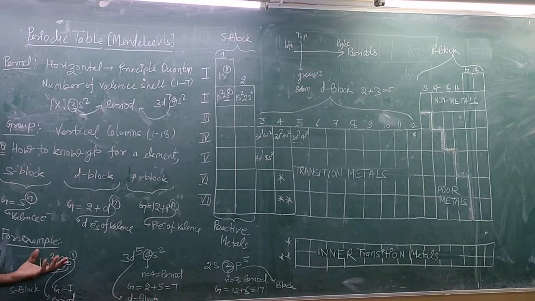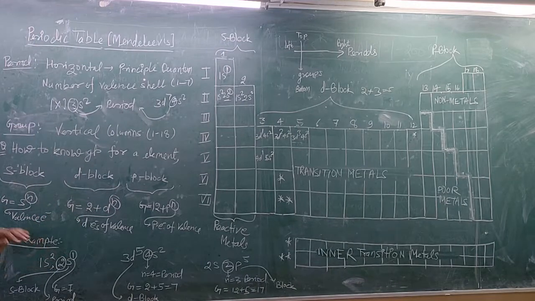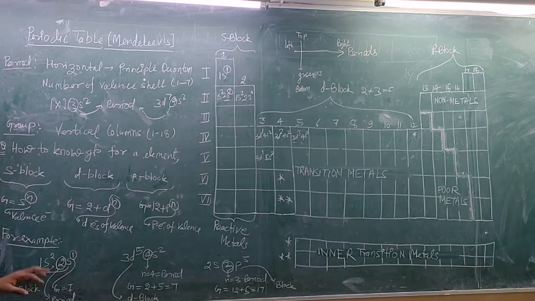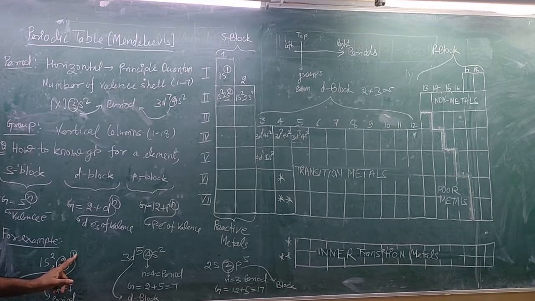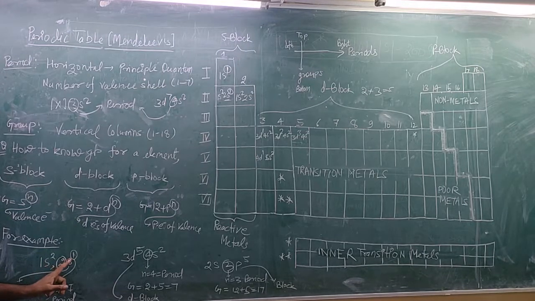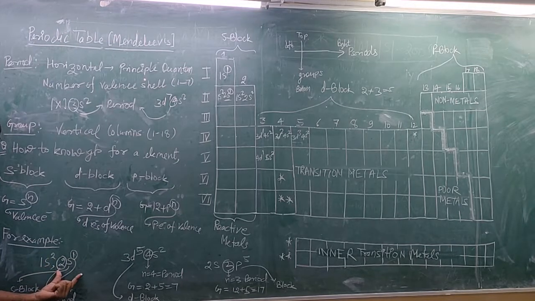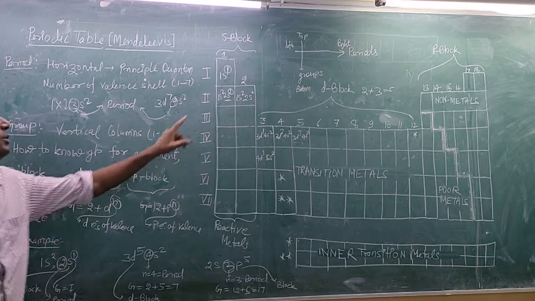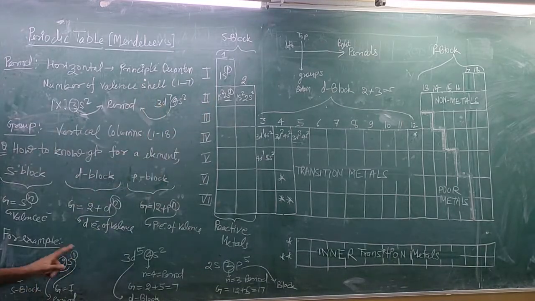Okay, we have some examples to calculate group, period, and block. You can check from the electronic configuration. If you have this electronic configuration, 1s2, 2s1, then after looking at it you need to judge the valence electron. The first shell is completely filled, and the second shell can occupy 8 electrons, but here is only 1 electron. So this is the valence shell. The valence shell electron belongs to the s orbital, so it belongs to s block elements.